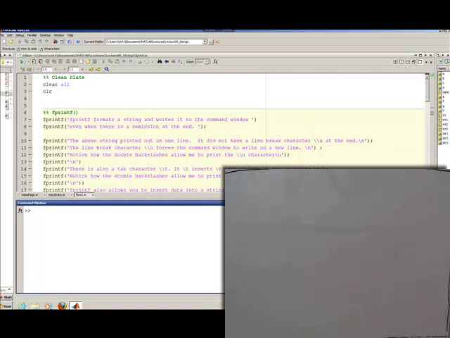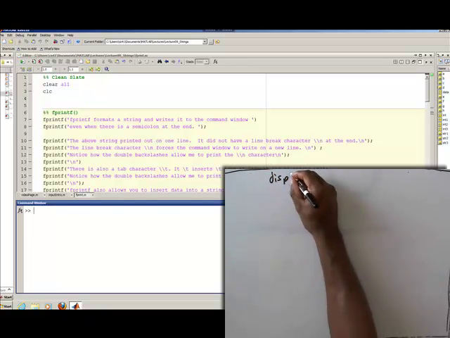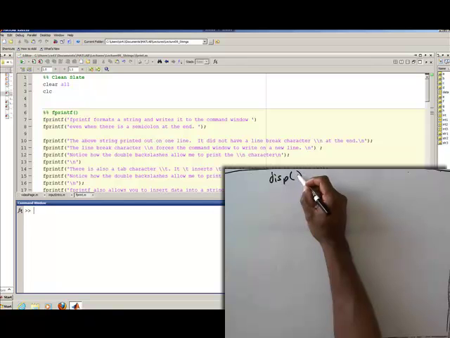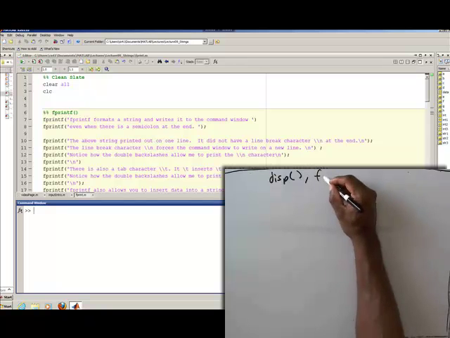Now I want to talk about formatting output with Matlab. We've used the display function many times now just to display whatever we put inside these parentheses out to the command window. Well, there are ways to format that, and the two functions that we primarily use are fprintf